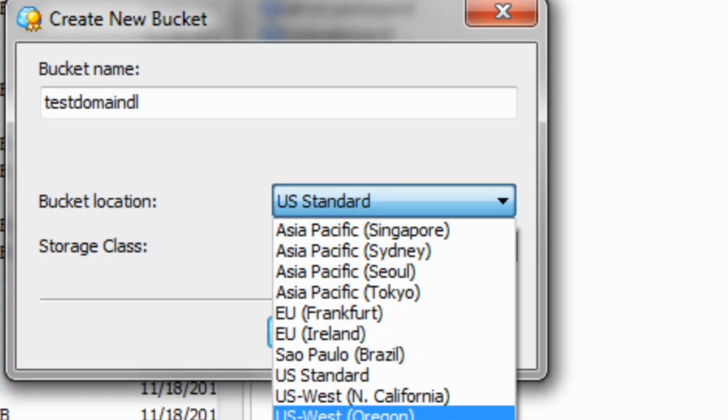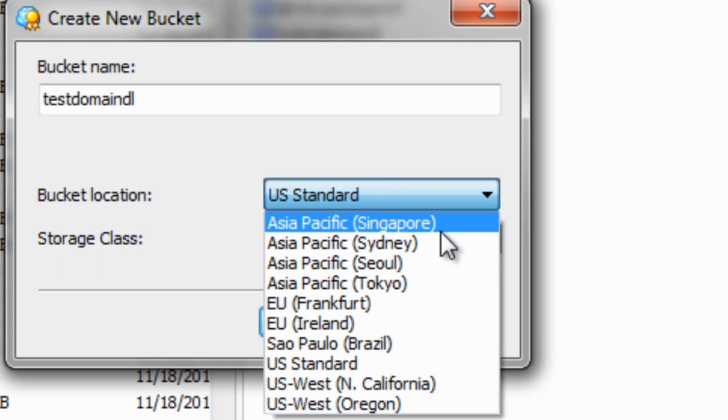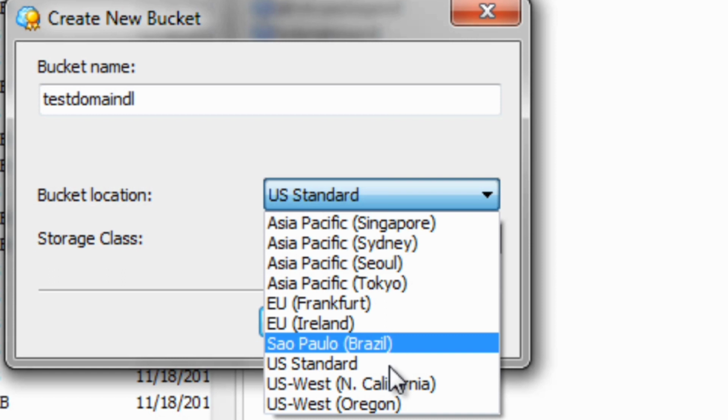the US? Before you decide on choosing a bucket, I know most people will choose a bucket that is closest to them. Instead, I recommend that you choose a bucket that is closer to the majority of your audience. So yes, if you're in the US and most of your audience is within the US, then choose that bucket. If you're in Sydney, Australia, but most of your audience is within the US, then I